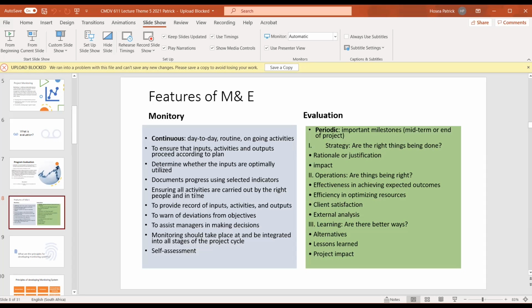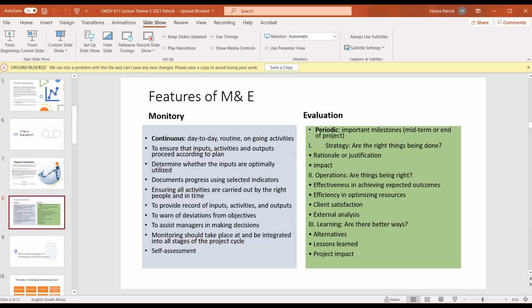Now, when it comes to the features of monitoring and evaluation, and what differentiates them, we've talked about the fact that evaluation is periodic, right? It's either midterm or end of the project. Monitoring is continuous. Monitoring ensures that inputs, activities, and outputs are all according to plan,